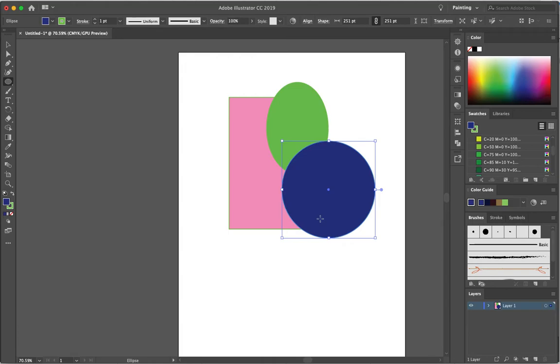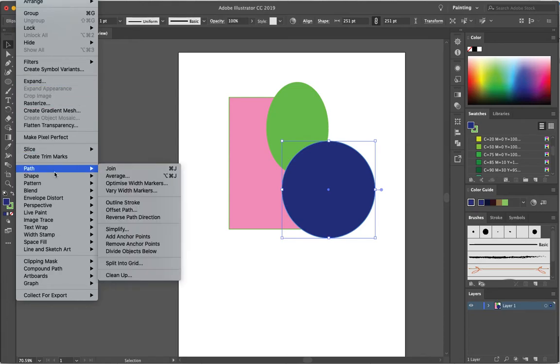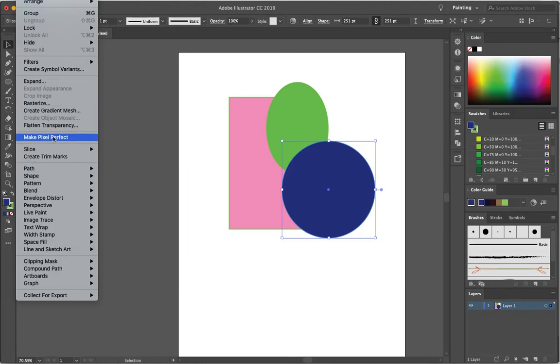I have moved this to the front, it's in front of the other objects. It does not have to be. Now I just realized, outside of my recording area, which is a little bit unfortunate, but if you're working along with me, or if you open up Illustrator, you will see that there is an Object drop-down menu. Oh, and there it is. So we can see that part of it. And under Object,